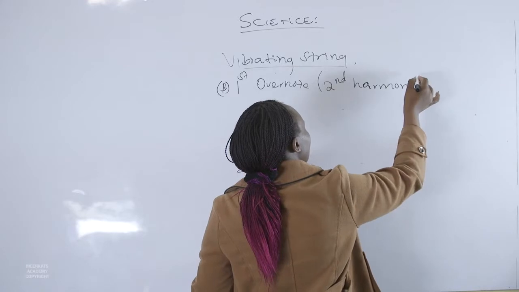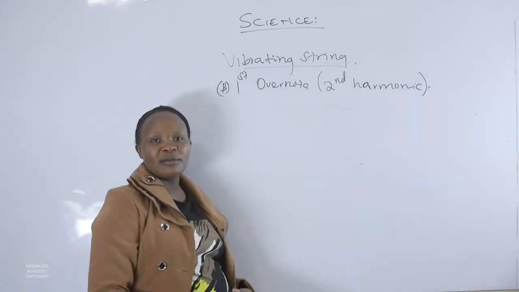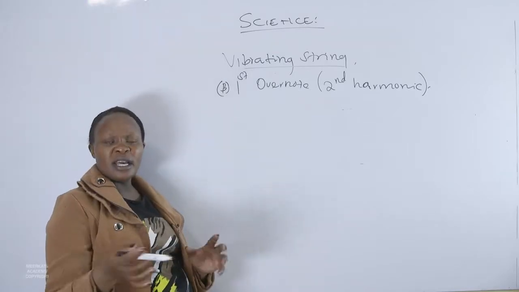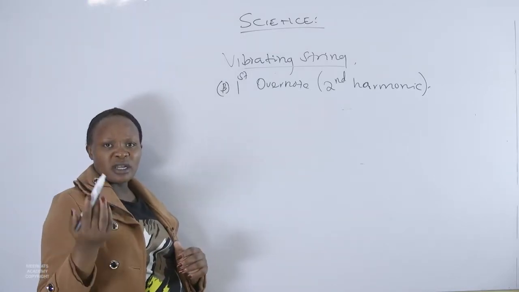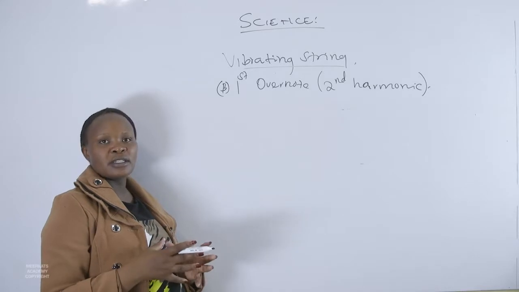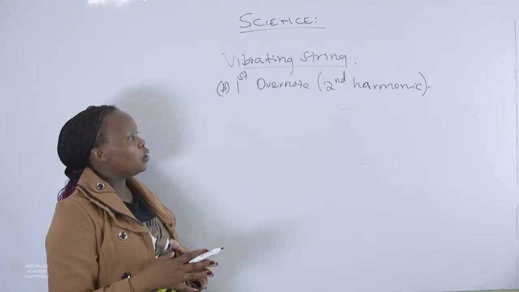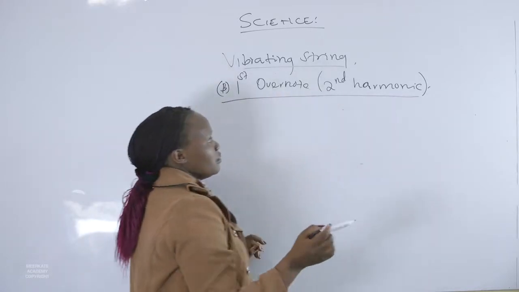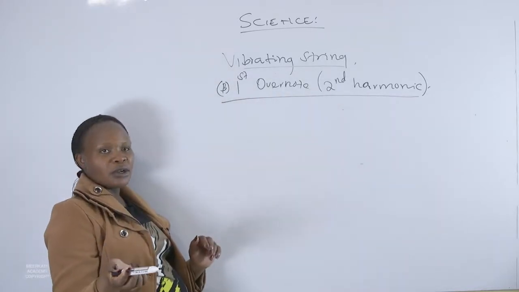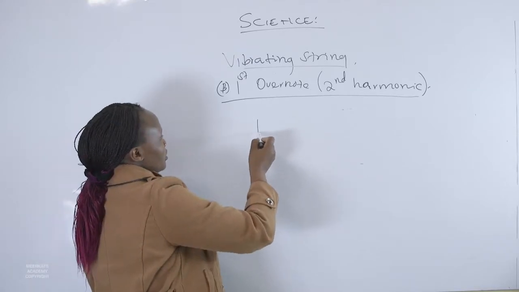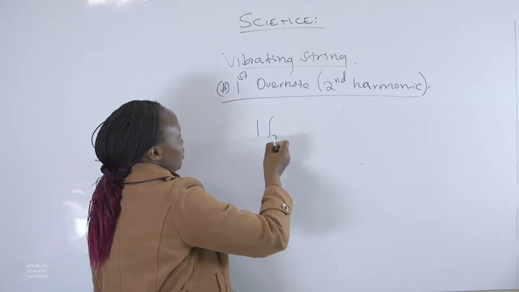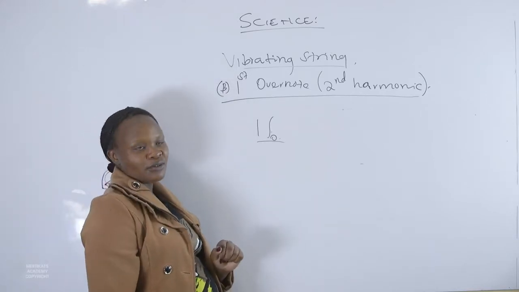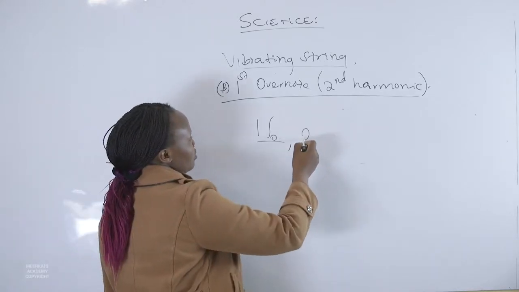This one is actually the second harmonic. Why the second? Because we said that a harmonic is actually a note whose frequency is a whole number multiple of a fundamental frequency. Therefore, the first whole number on our number line is 1. If you multiply that by the fundamental frequency, it gives you the fundamental frequency. Then you can go to